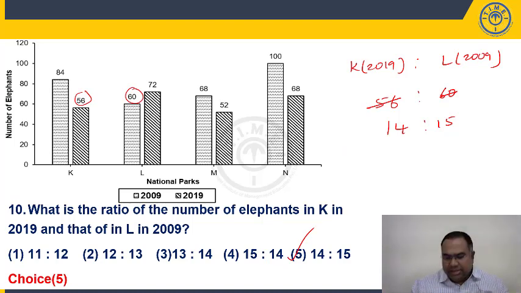Right, students, these are 10 questions based on bar charts for your IBPS, SBI and RRB clerk exam. If you observe these 10 questions, what are the types of questions asked? Percentage more, percentage less, x is what percent of y, what percent of y is x. Then you have questions based on simple average, addition, subtraction, average, percentage related questions. So you have to be thorough with basic percentages, averages, ratios. Then you can easily solve these questions.